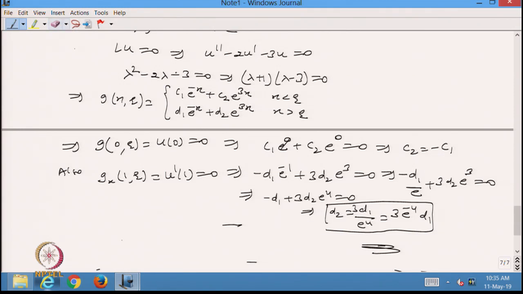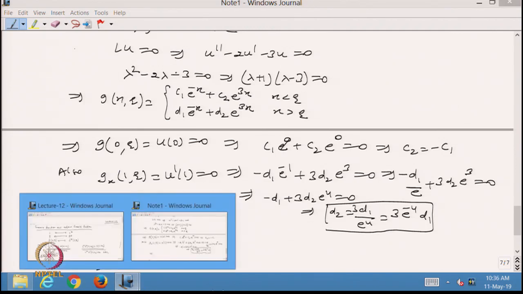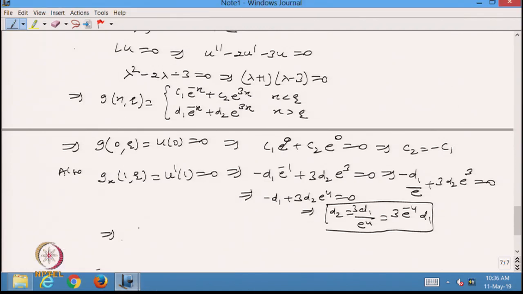So, after inserting this value in the given equation, so from here I can write down that my green function will reduce to, so C2 is this one. So, from here I can write down my C1 will be